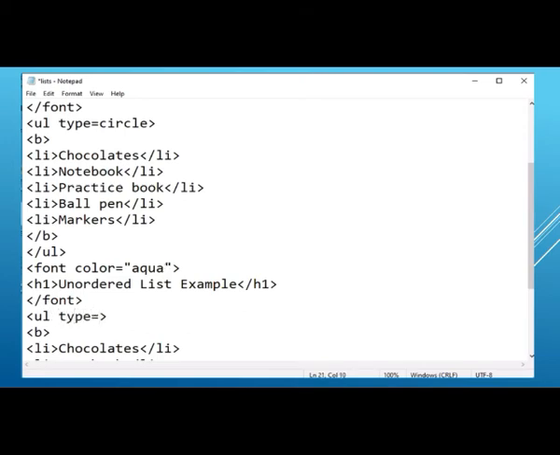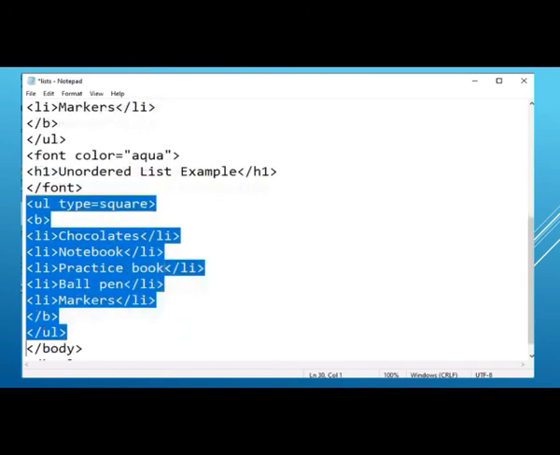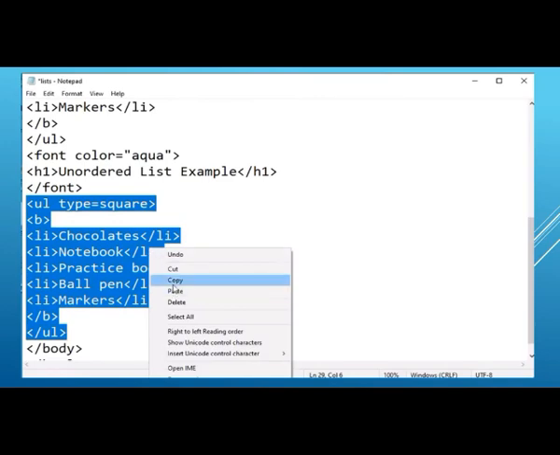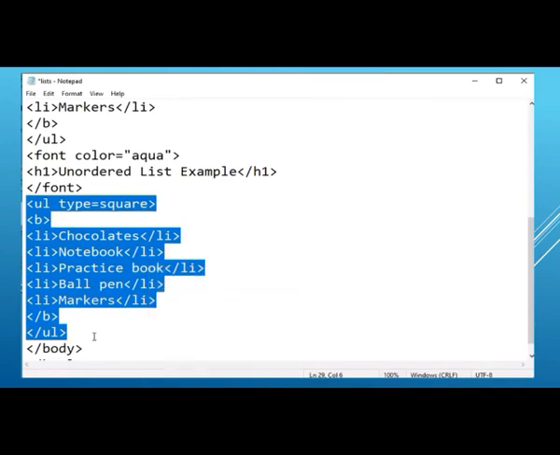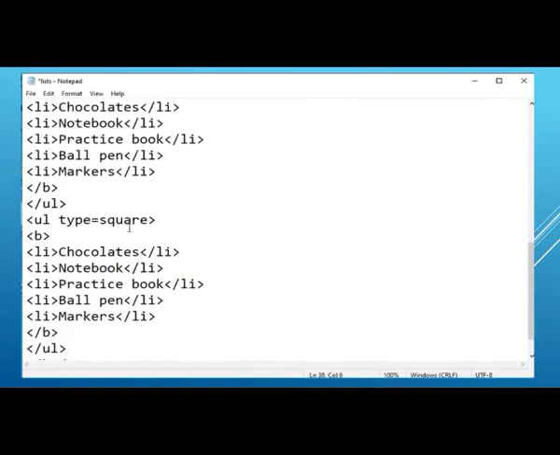Now in second list, type is equal to square. So second list will get square type of bullets. Now in third, type circle.